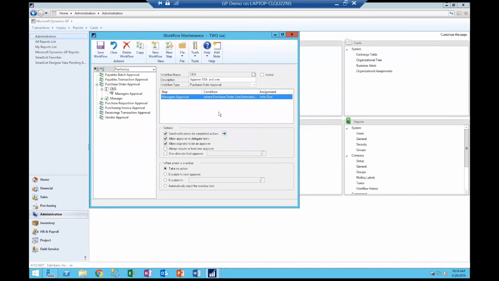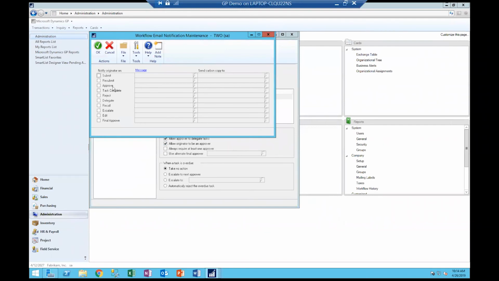Once you have approved any one of these steps, you are able to receive a notification. And if you click on the arrow, you could set what you would like to receive a notification for, whether it is if the user